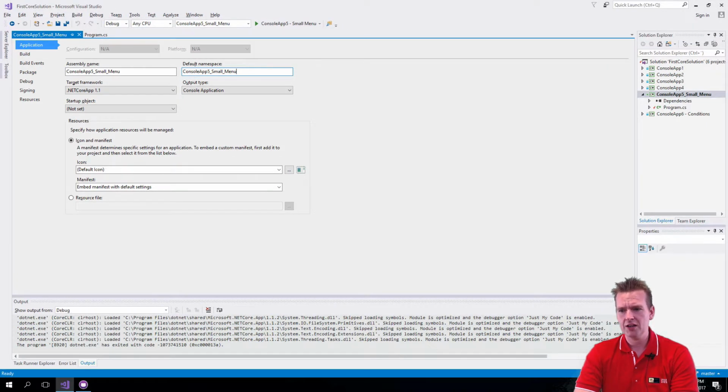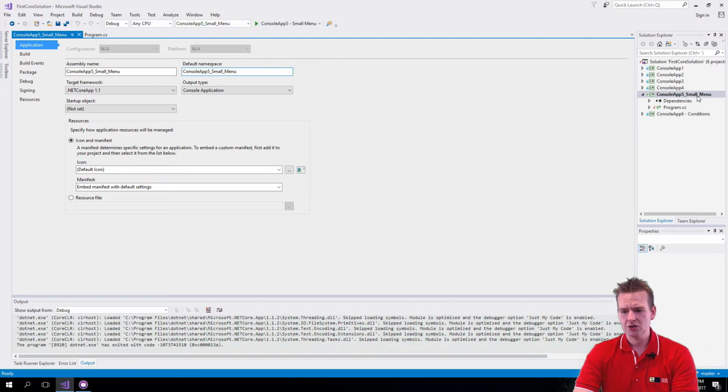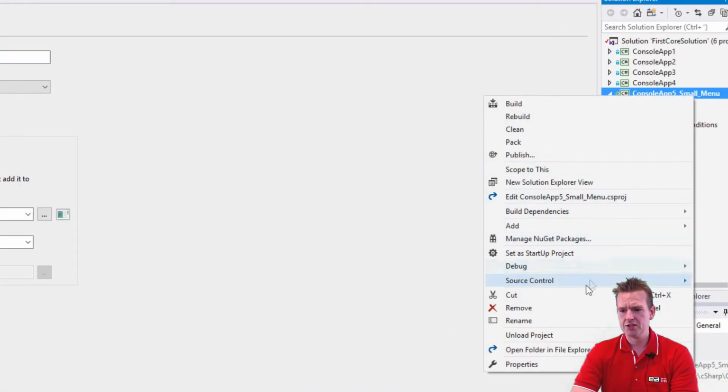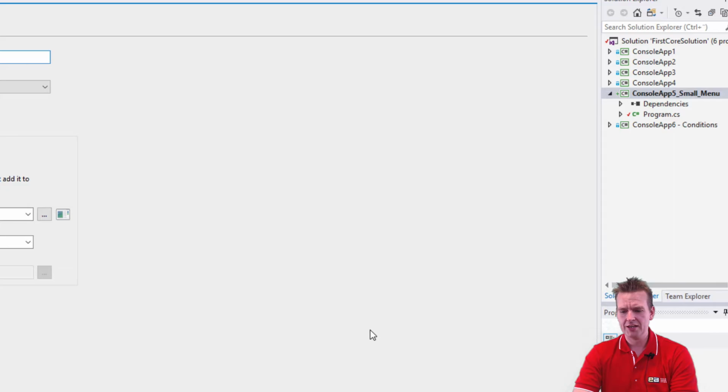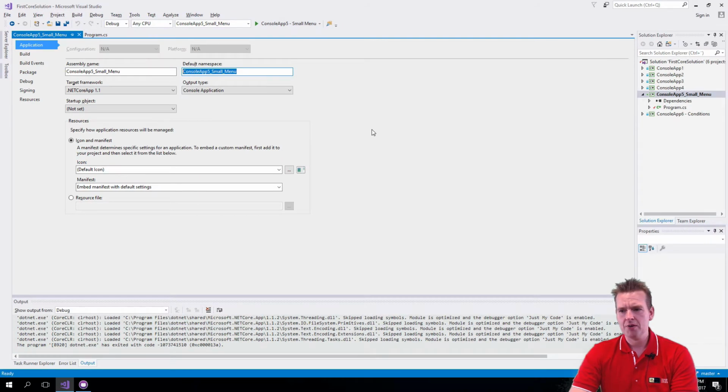But again, if you want to look at the properties for your specific solution, you can right click the solution and press properties. Then a screen like this will pop up. That'll give you a lot of great information. Right now the most important one for me was the name of the actual assembly and the name of the namespace. We'll dive more into this later, but if you by mistake gave something a bad name, it might be an idea to go in and rename it, because it'll just make a lot of bad things